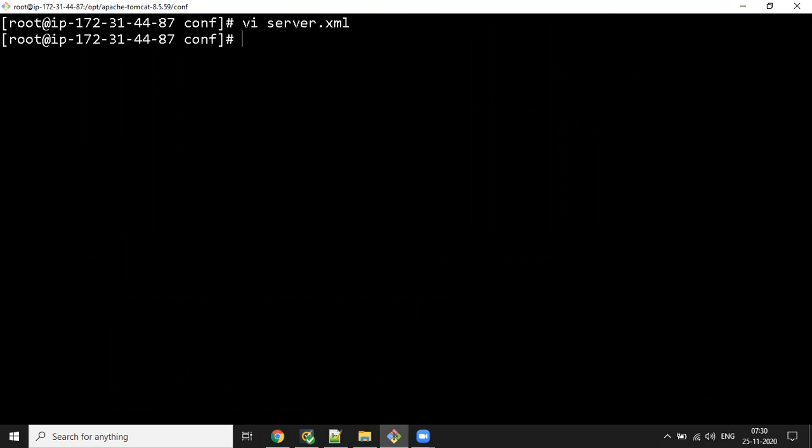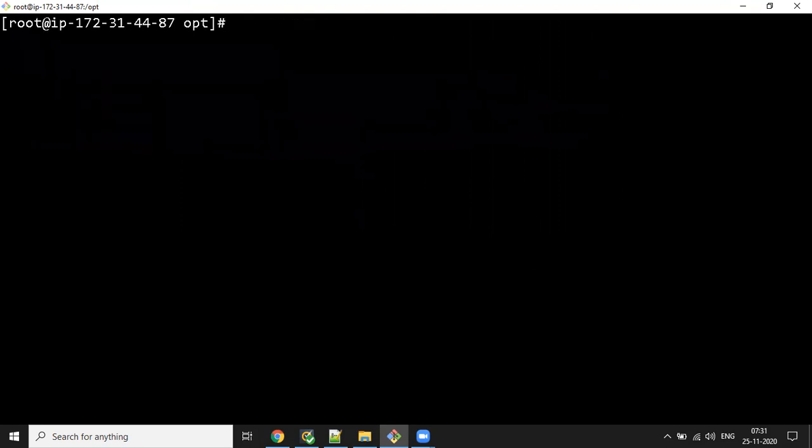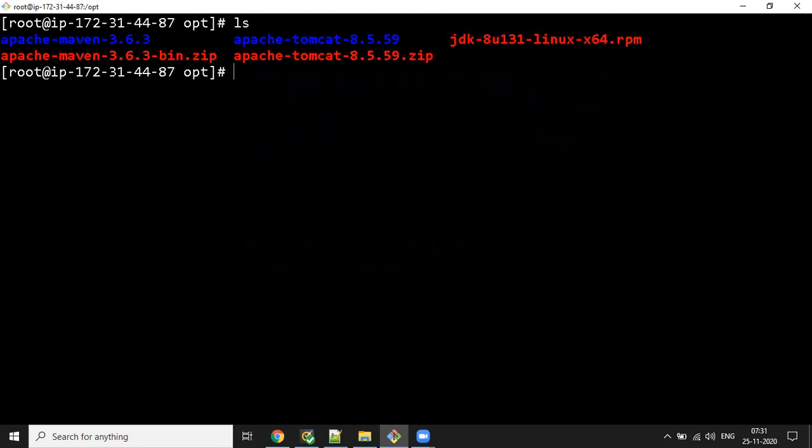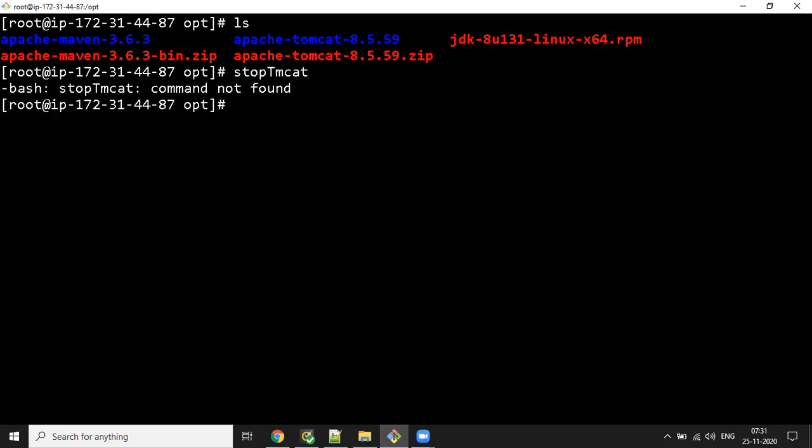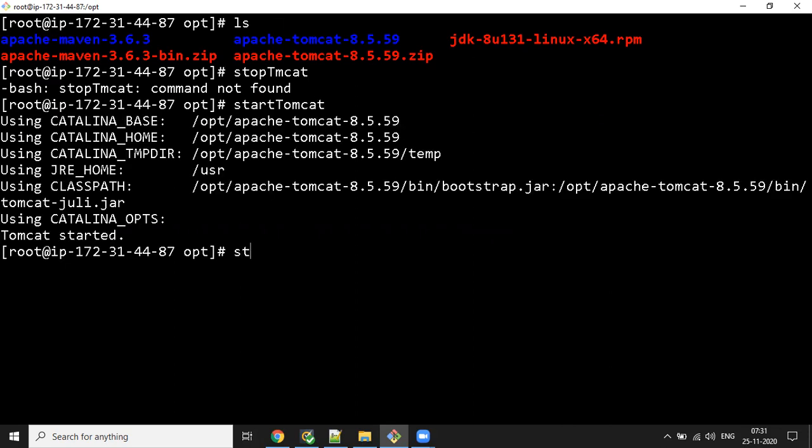Now we can stop the Tomcat server. cd, cd opt, clear, stop Tomcat, sorry, stop and then start again.